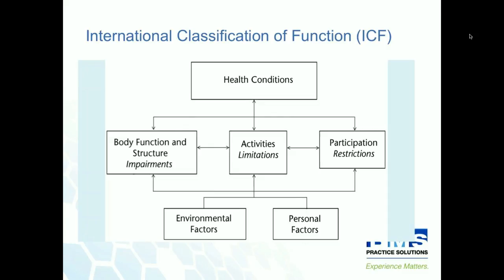So those 3 main elements of function are going to have an interplay and then affect the things that run through the middle of the diagram. So the things that you will find when you evaluate the patient will be problems with body structure and function, which we would call impairments. Then activities, which are things that the patient can do, but you'll also be identifying limitations in their activity levels. And then those activity levels coalesce to form participation restrictions, which is the patient's involvement in life situations.